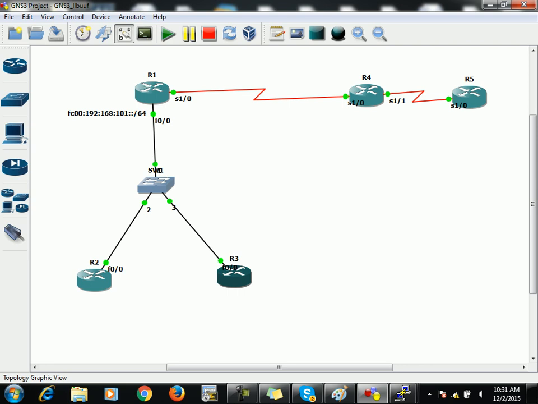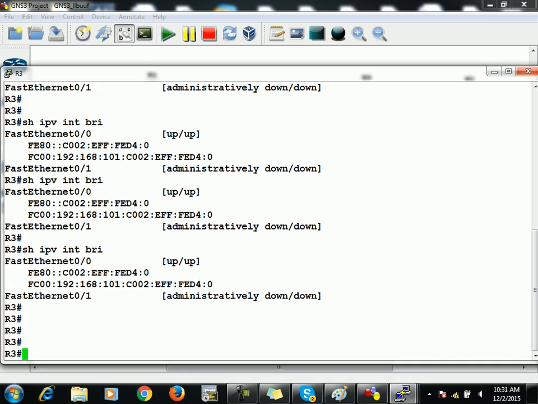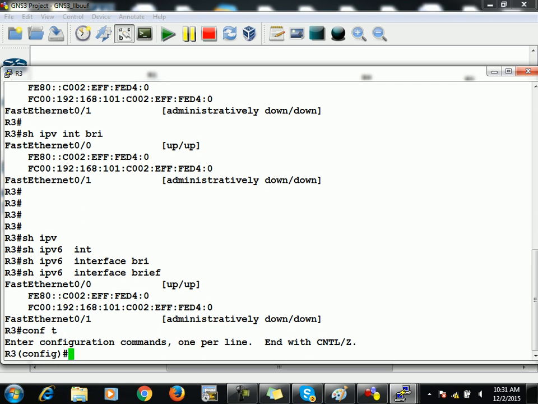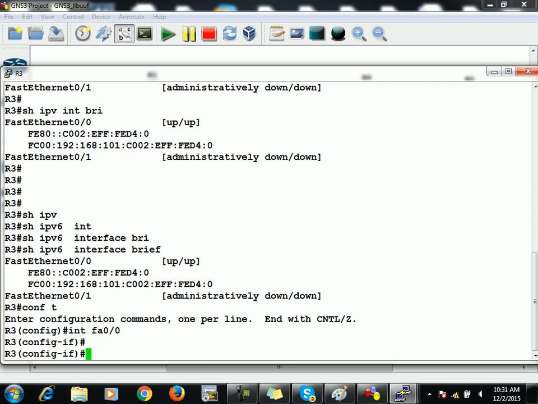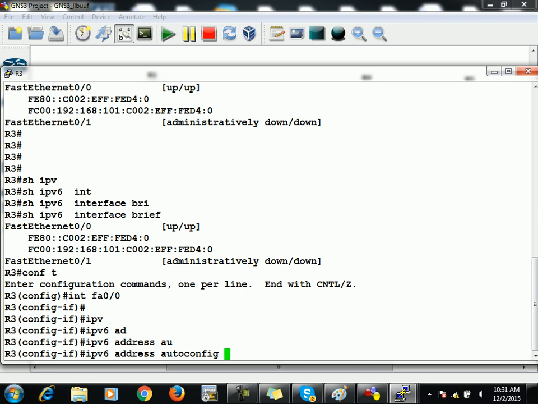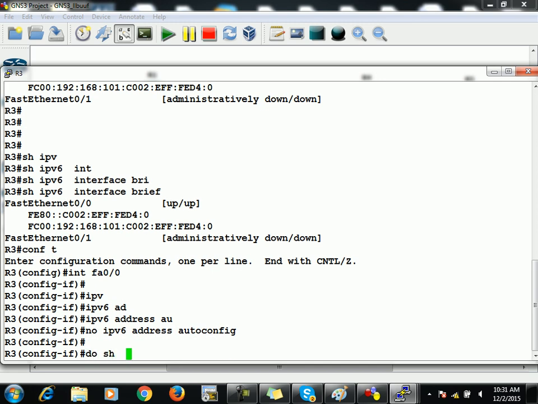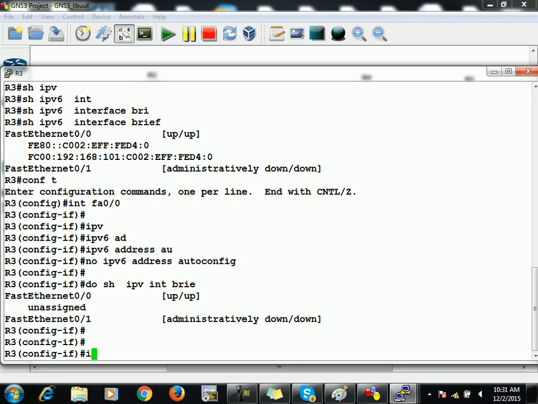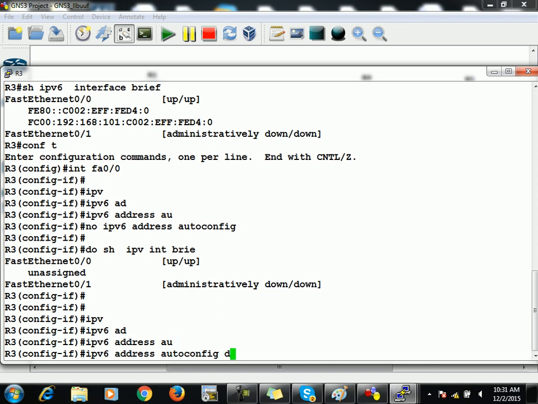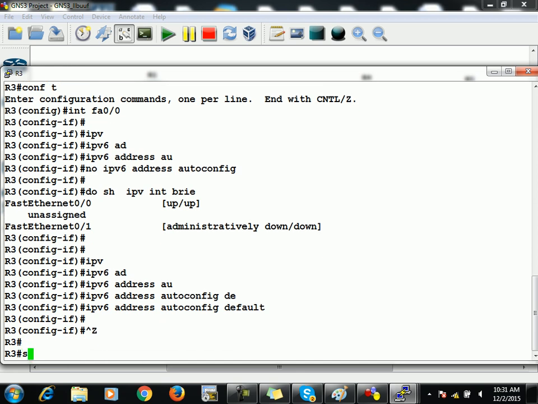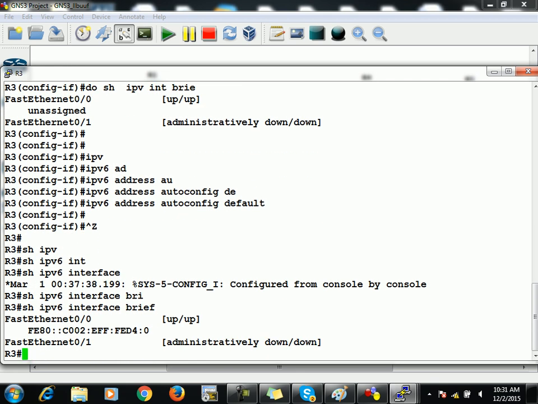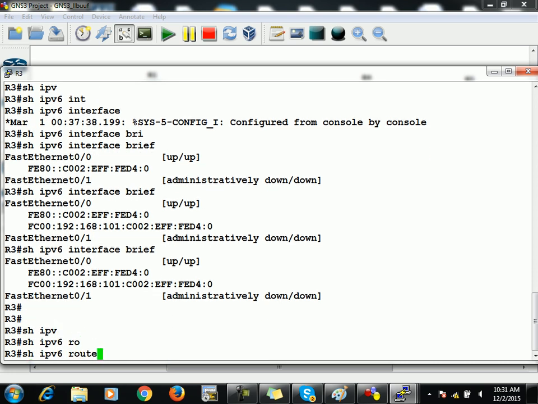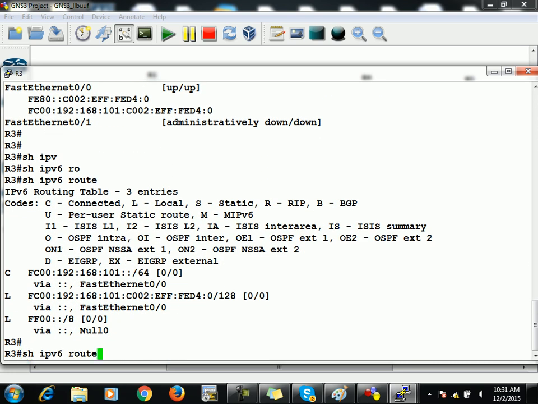And one more thing that I would like to tell you. On R3, as you know, it has got this IPv6 address, so show IPv6 interface brief. One more thing: IPv6 address autoconfig, just say no, and once again you will see with show IPv6 interface brief that it does not have any IPv6 address. And I can say IPv6 address autoconfig default. Of course, it must get an IPv6 address, but along with that, now it must have a default